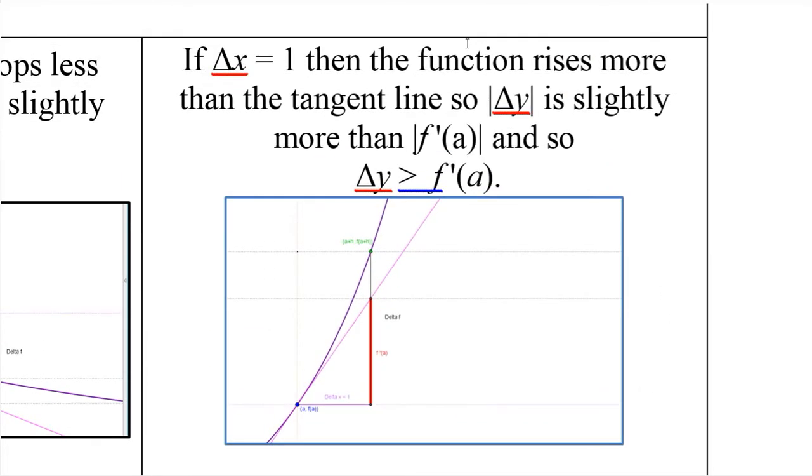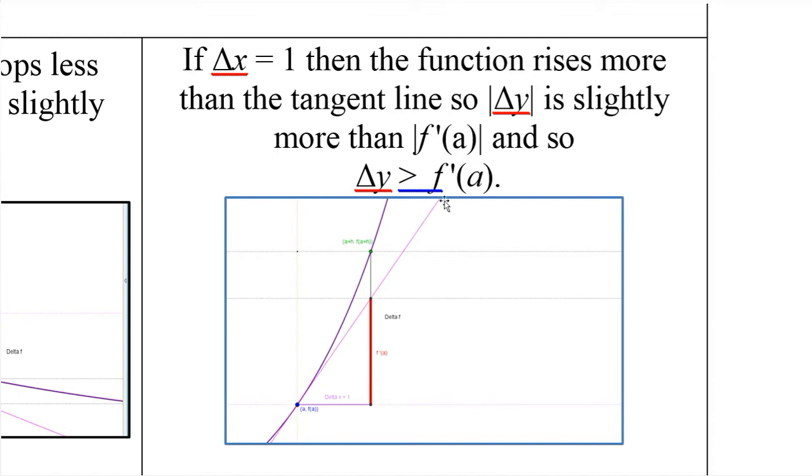So if delta x is 1 and the function is concave up increasing, here's our graph. It's the dark blue graph, and the tangent line is the pink line. So this red distance here is f prime of a, which is some positive number. So we're going to the right, it's going up. This thin black line goes from all the way down here at the bottom, traces over all the red and goes all the way up to here. That distance is